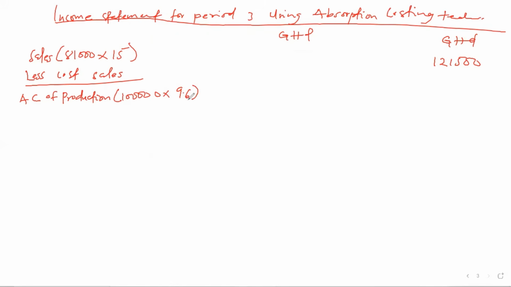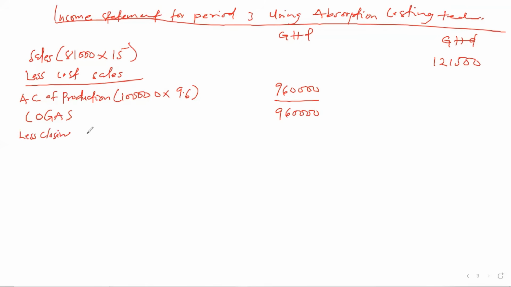9.6, because here the fixed production overhead is added over here. We are treating the fixed production overhead as a product cost. So we multiply by this to get 9,600. Okay. Then since there is no opening stock, the same amount will be our cost of goods available for sale, which is the Kroger's. Then, as I said, we less our closing